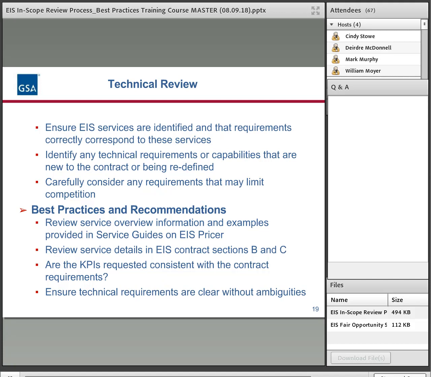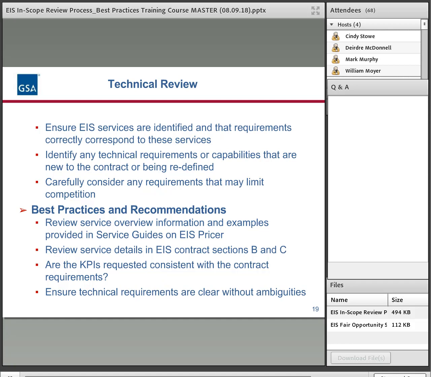And also, if you want deeper detail, you can go into the contract or the RFP, sections B and C, to fully understand the services that you're requesting.